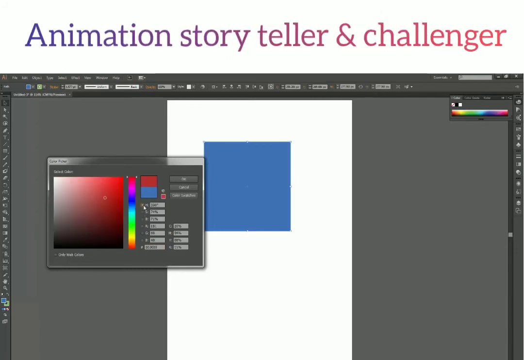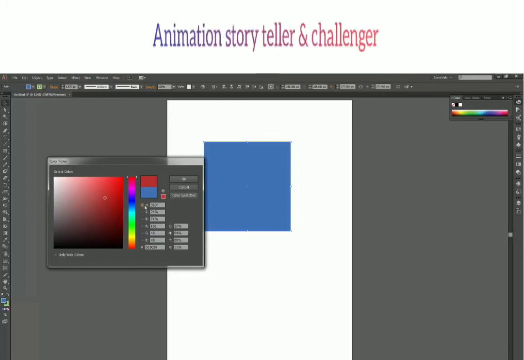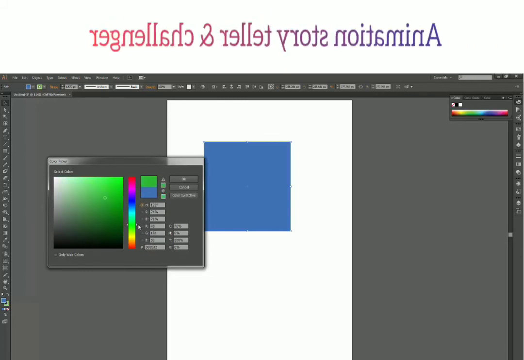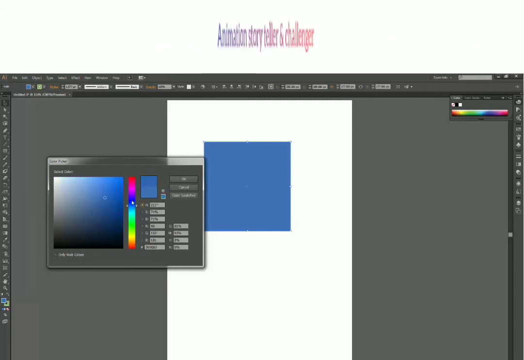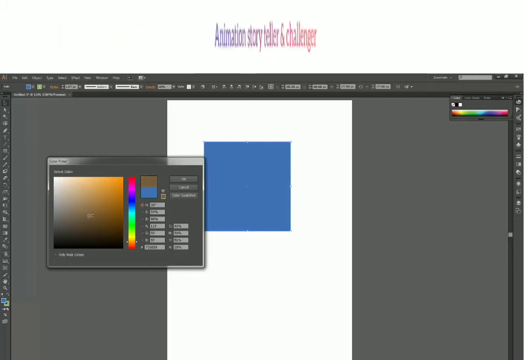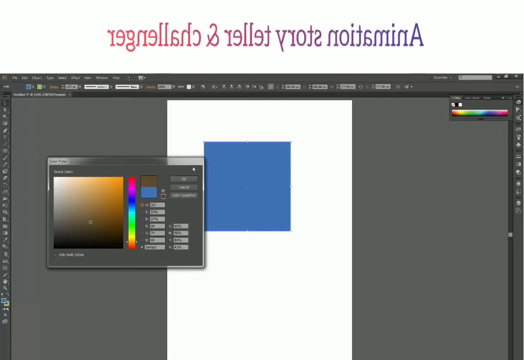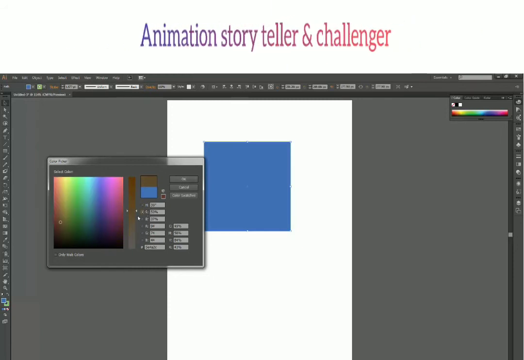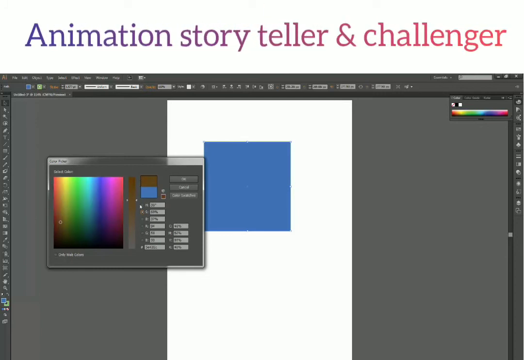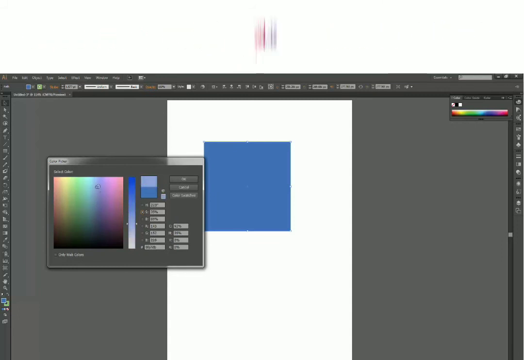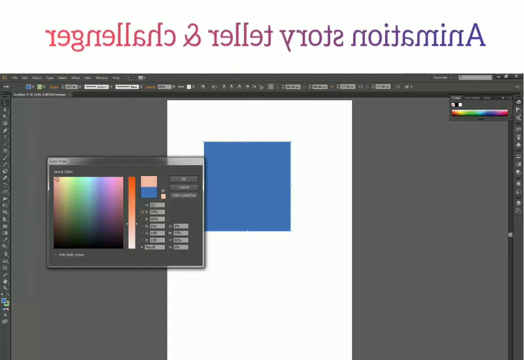So when I have this hue selected as my active color option, then the primary mode of control is the hue. So I can change hue and then I can change its brightness and saturation level. Then when I select the saturation as my primary control, I can change saturation here, and according to it I can change the color level, color value.